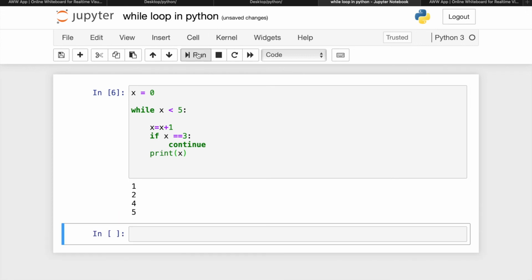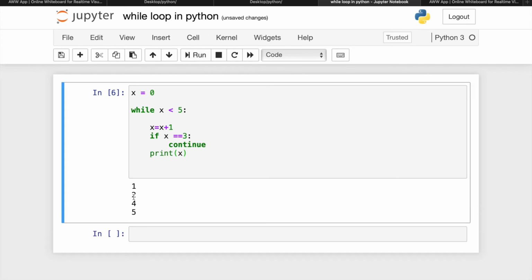If I run this program, then I will get 1 2 4 5. I will not get 3, because when x value is 3 the condition is true and it will continue. That means the while loop skips that current iteration and starts again. So this is how the continue statement works in the while loop.